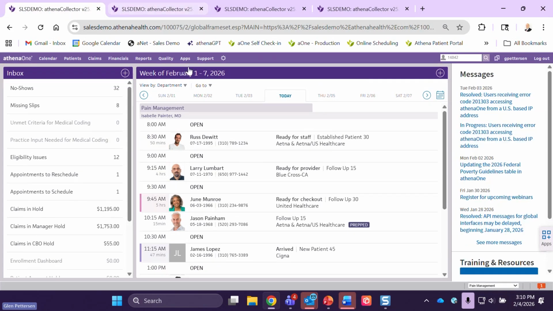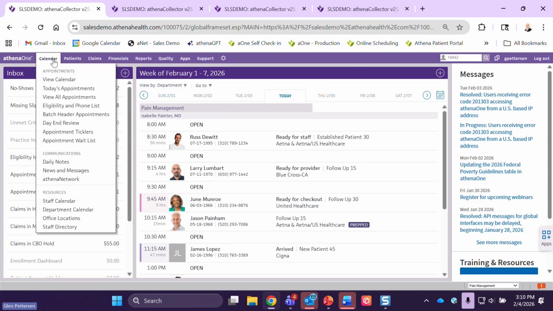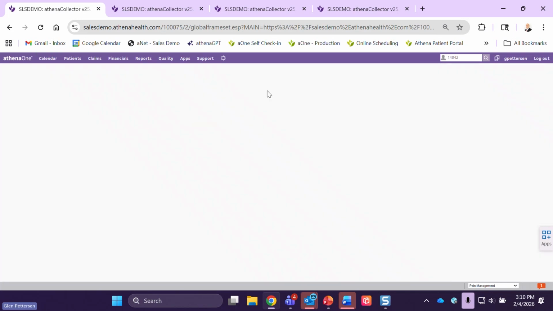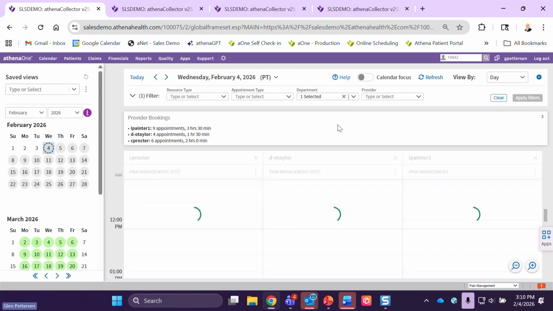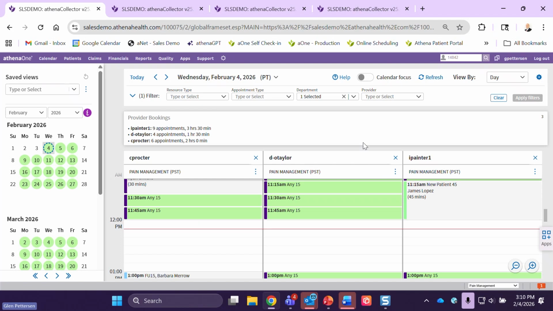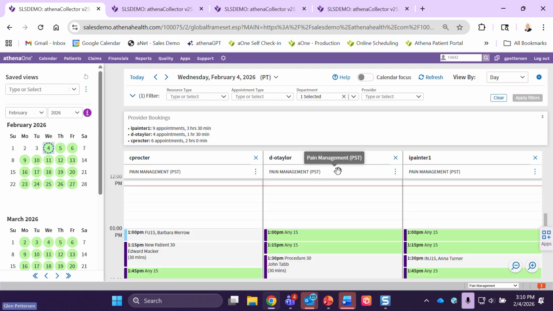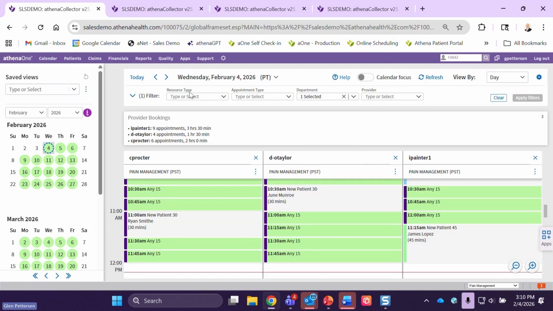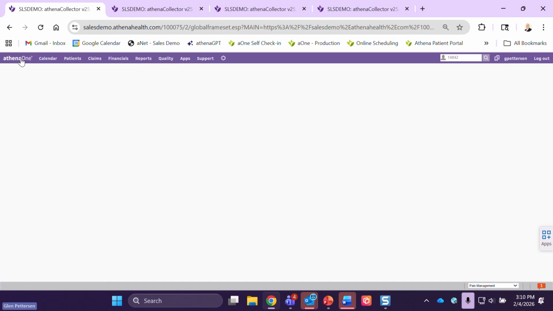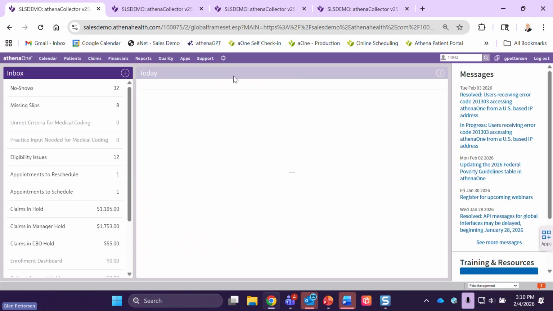I'm starting on the administrative side of things. This is where we'll get patients checked in. I do see a schedule full of Dr. Painter's schedules coming in. There is a secondary view within athenaOne that is more like centricity style scheduling or athenaPractice style scheduling, that Outlook style scheduling that you're used to seeing. So we do have that in athenaOne, but I'm going to be working off another screen today, which is this